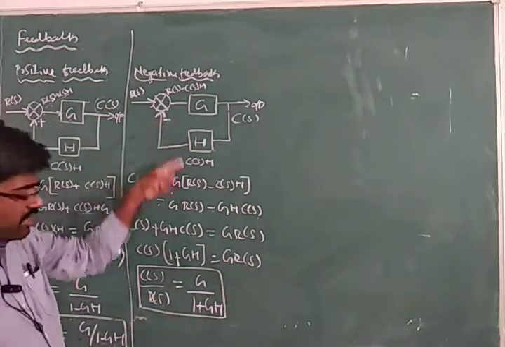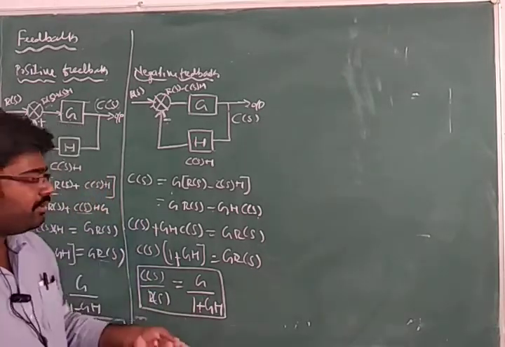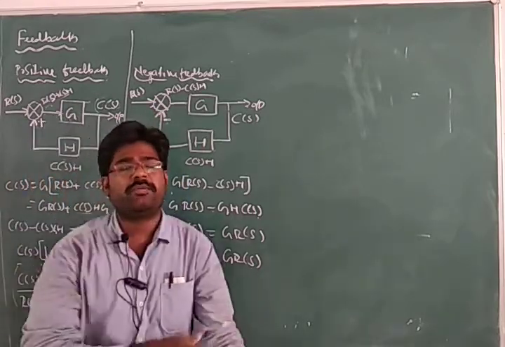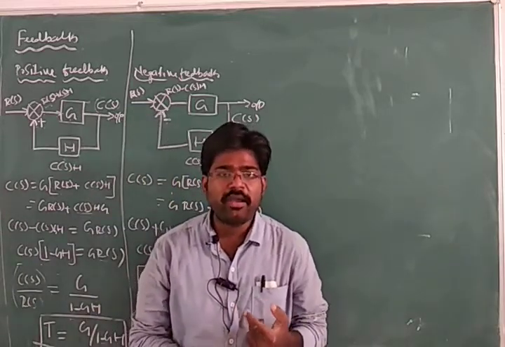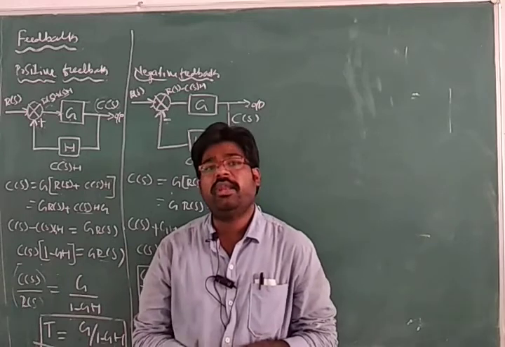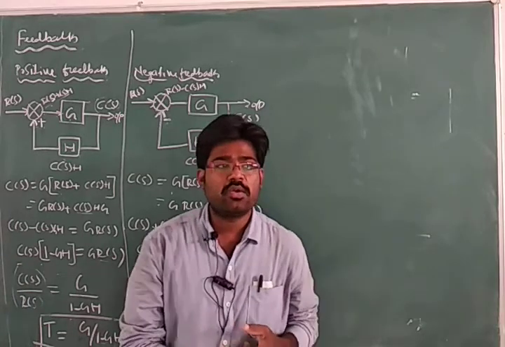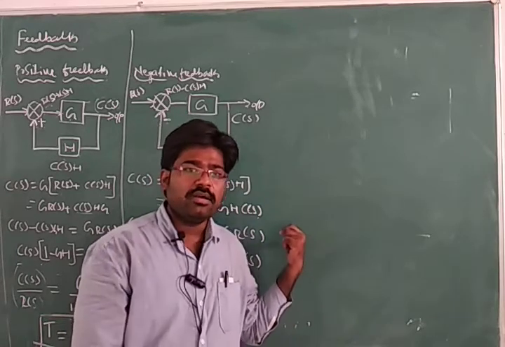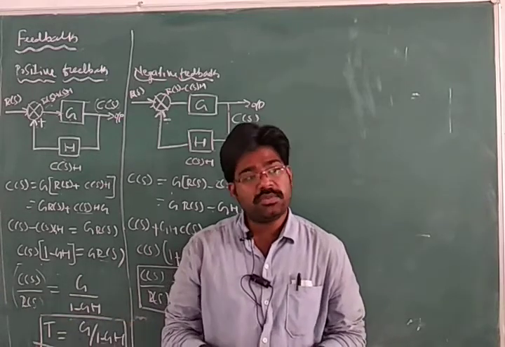Here if minus is there at the summing point, you will get plus here. If plus is there at the summing point, you will get the minus sign here. This is the shortcut to remember the formulas. Okay, if it is minus, you will get plus here; if it is plus, you will get minus here. So with this we came to know what negative feedback is, what positive feedback is, and what the transfer function of positive feedback and negative feedback is. And negative feedback is employed everywhere in control systems. Hence negative feedback's transfer function is the same as the closed loop control system's transfer function.